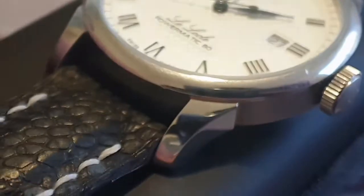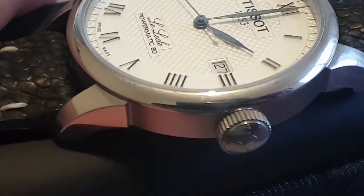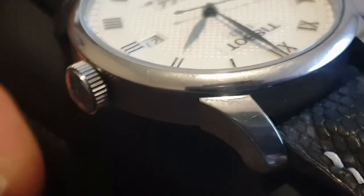Now we understand the true value of this watch and that it is made by a manufacturer that has been making watches since 1853. I hope you wear your Tissot watches with pride, and if you don't have one already,